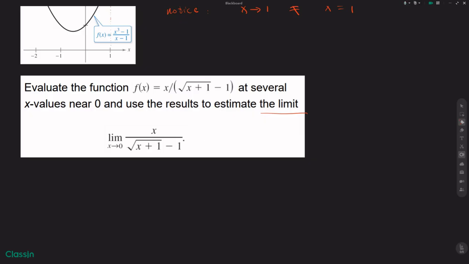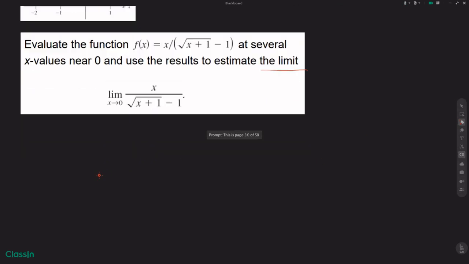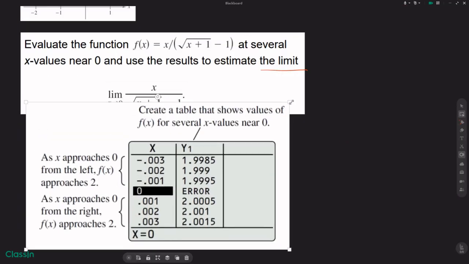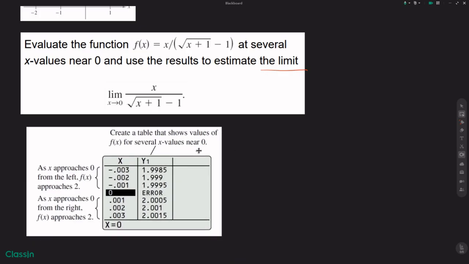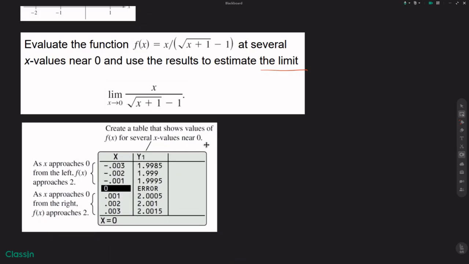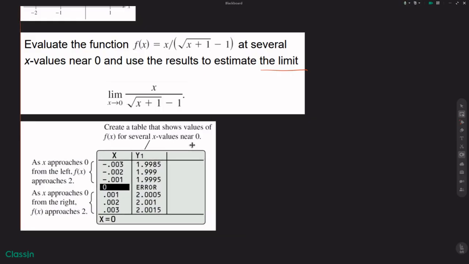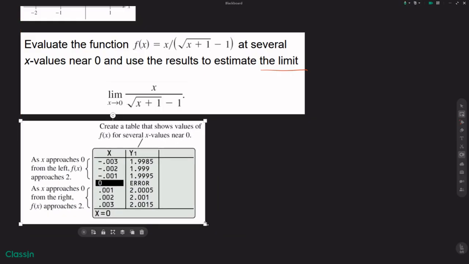Yeah, use them. So here I'm going to show you a screenshot of people using a TI-83, I guess, to investigate what's going on with the function value when x is getting closer to 0. As you see from this kind of funky interface, it's good enough for us to know what's really happening. So of course, when x equals 0,